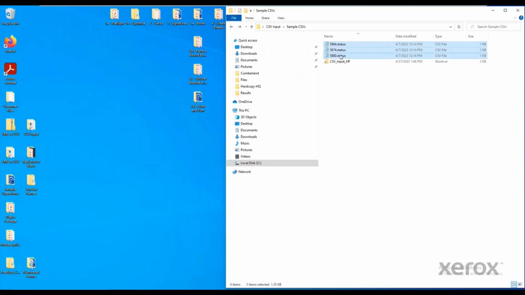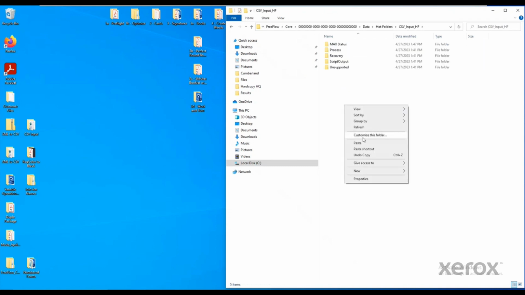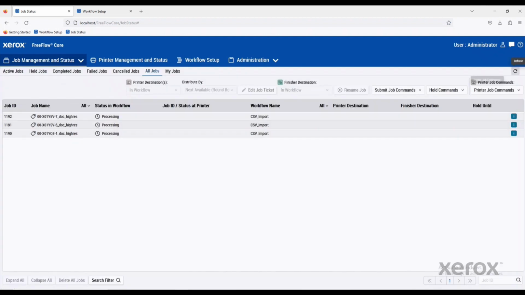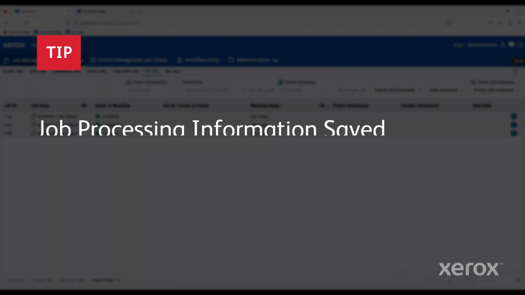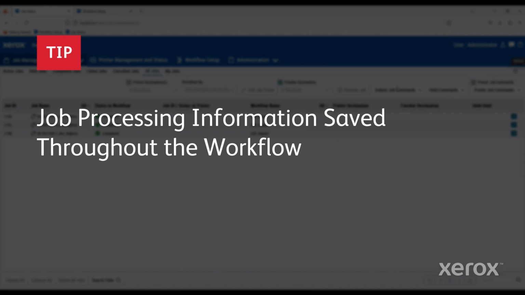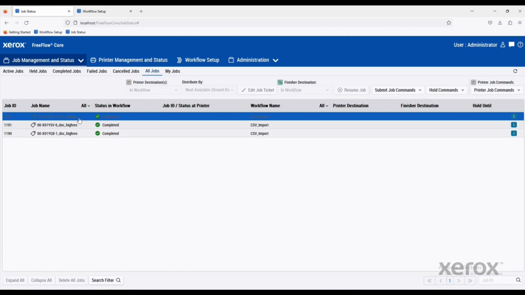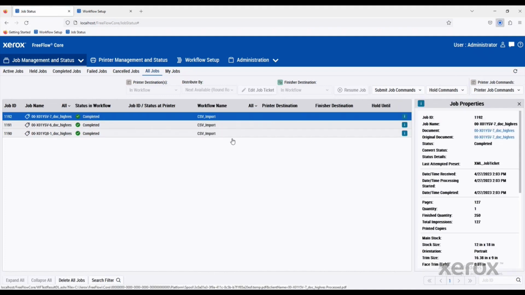We can take these files and we'll copy them and we'll drop them into a hot folder. Our FreeFlow Core is going to consume those jobs. When we look at the job management status, you can see they're going to come in here and get processed. And based on that information that came in through the CSV, we can make decisions about how jobs are going to be processed. So if we look at this first one that came in,